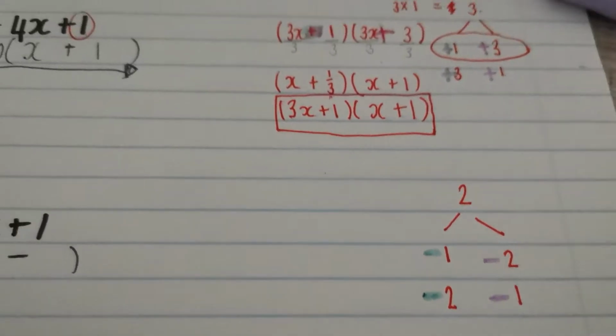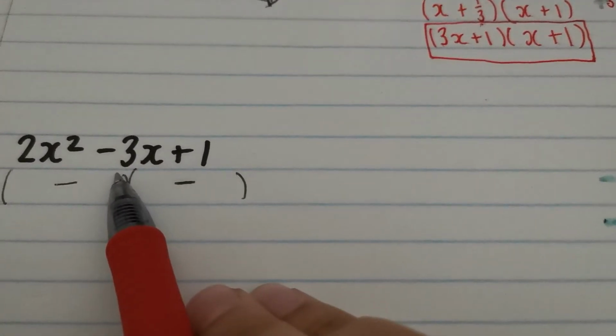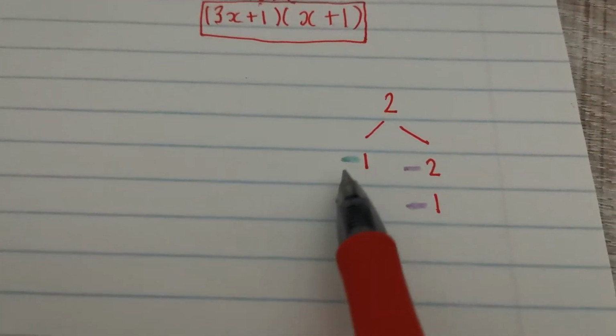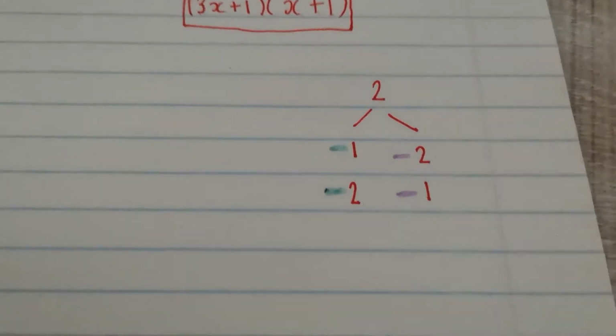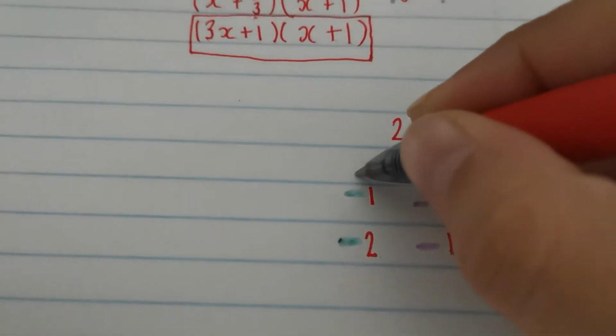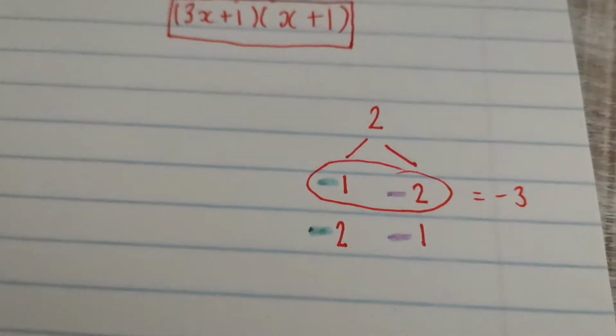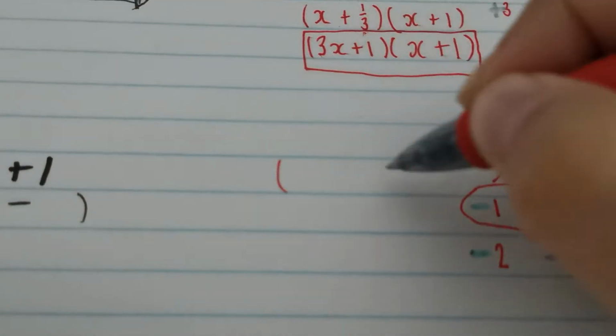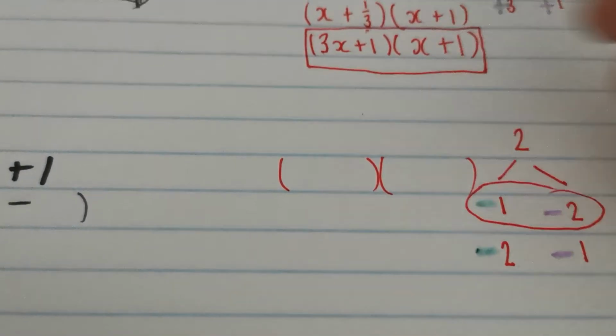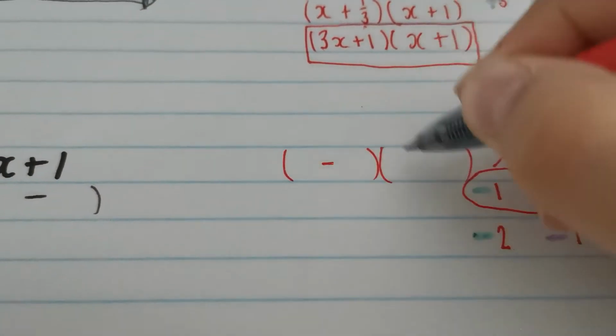Then you go back here. We want to get to -3. So which one of these, when you add them across, are going to give you -3? Since these are the same, I'm just going to pick the first one. Gives me -3. Okay, so we open a bracket here, rough work. It gives me minus, minus,